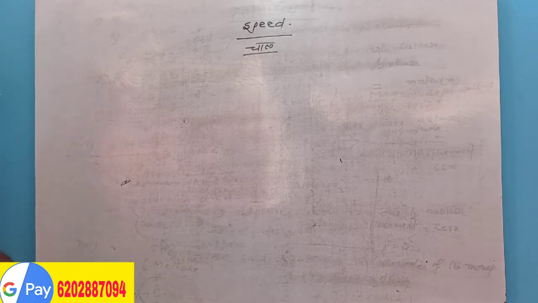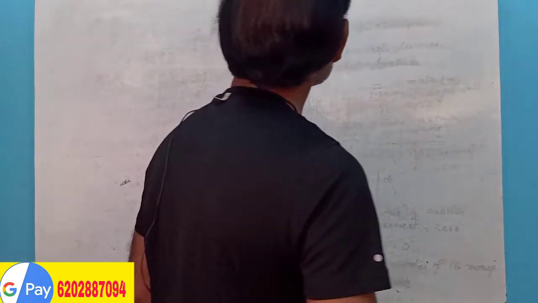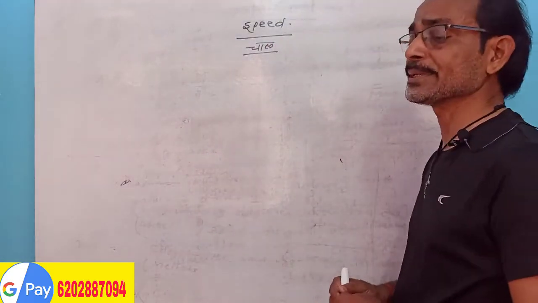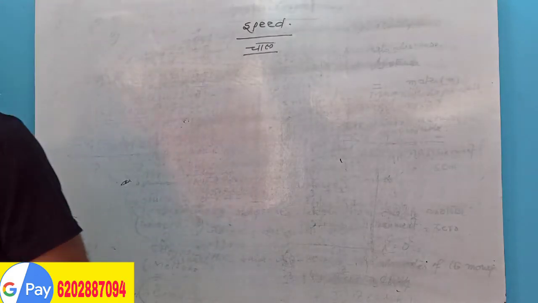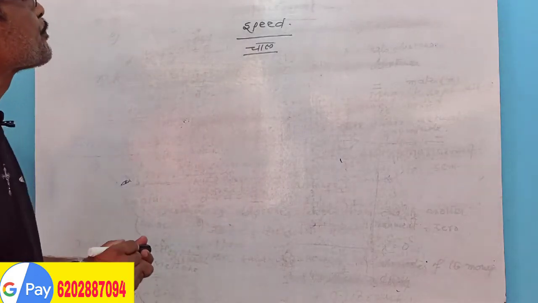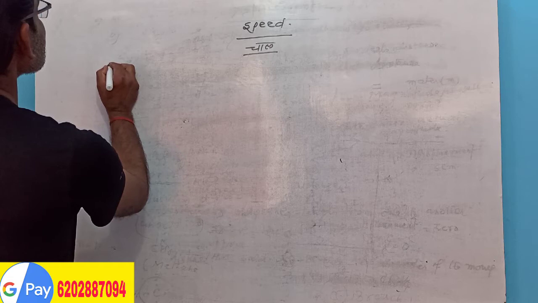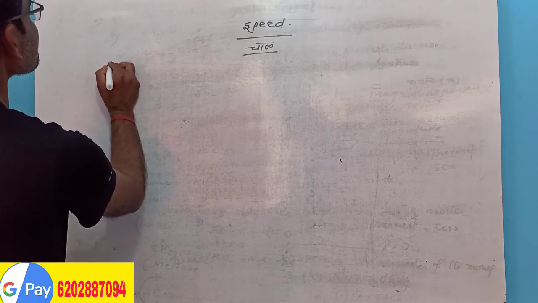The speed of a body is the ratio of the distance traveled within a time period. So, speed can be written as